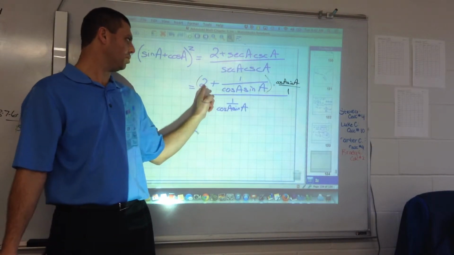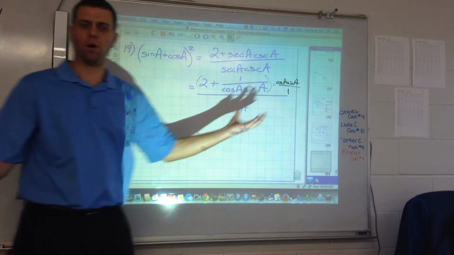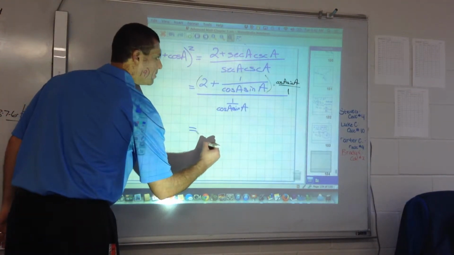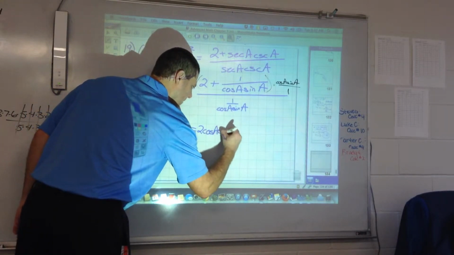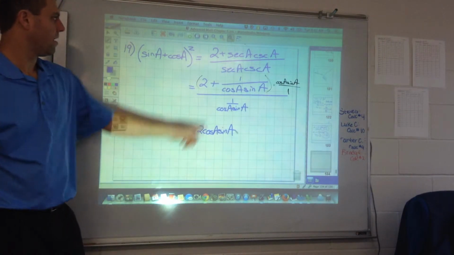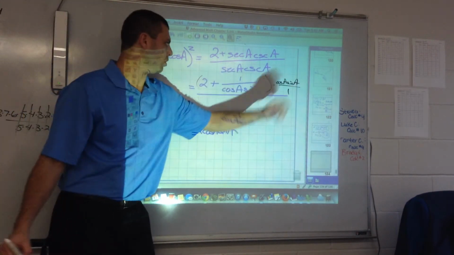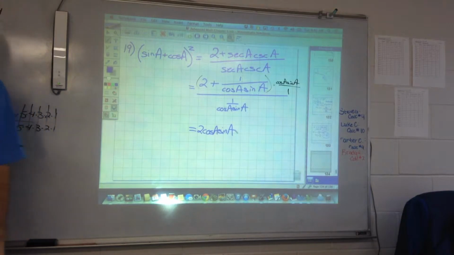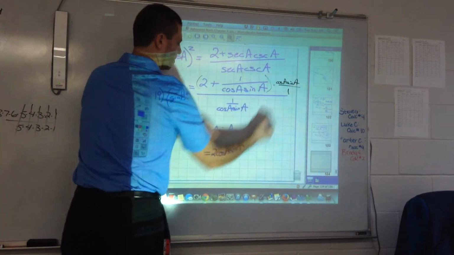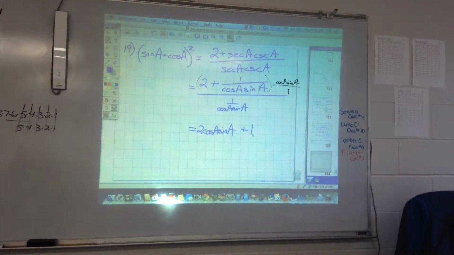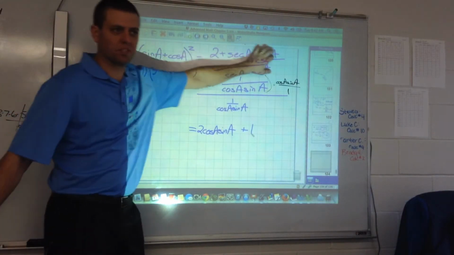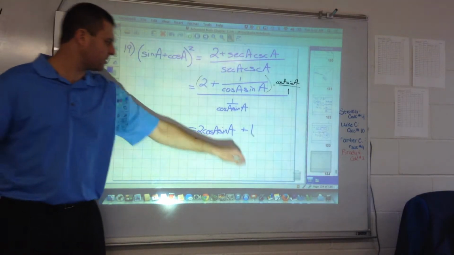So 2 times this fraction would be 2 cosine A sine A. And then this fraction times cosine A sine A would just be 1, because they cancel out. So we've done a pretty good job. We've taken kind of an ugly fraction with secants and cosecants and gotten it to sines and cosines, but